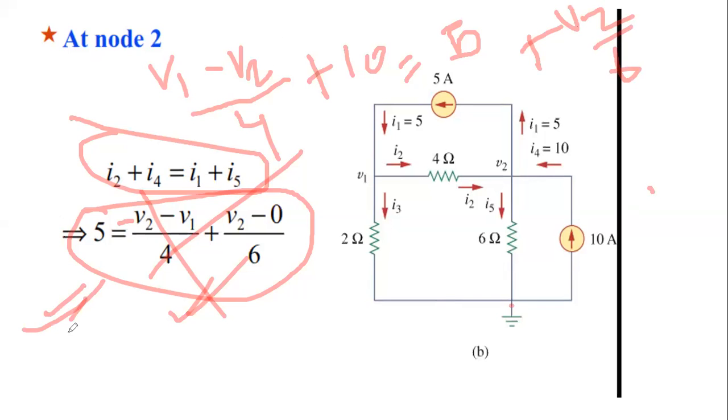Okay. So when you solve this equation, you will be getting this equation which is written here in the slide. Okay. So I2 will be V1 minus V2 by 4. I4 is given as it is 10, I1 given as it is 5, and I5 is V2 by 6. So once you have all these things, you can put it there in the equation. You can simplify it. You will get this equation. Now, once you have the two equations, you can simplify them and you can solve it for V1 and V2. That is nodal analysis basically. Okay. Further.